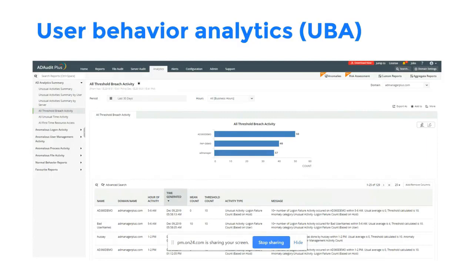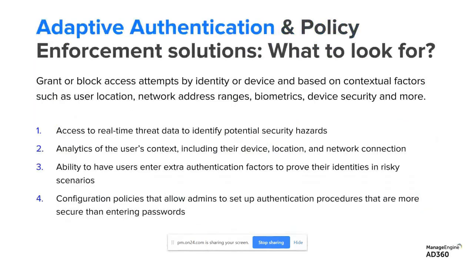It could be factors like geography. It could be factors like network location. It could be your IP. It could be the device from which they're logging in. It could be anything around these 15 factors that I'm talking about that gets taken into consideration to draw a risk score for every user individually. And when there's a deviation, you get notified. Is that enough? What if you could act on that deviation?